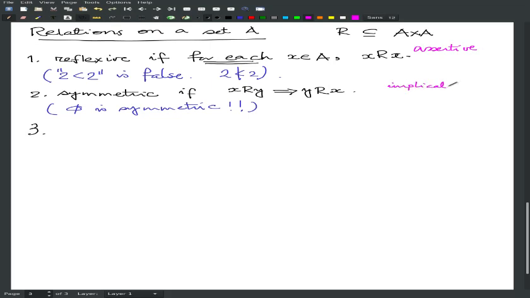Now, implication statements, well, they also assert something, but it has the problem of vacuous implication. So you have to be careful. But assertive statements are very strong. It tells you that something is going to happen. Okay, so that's not quite true for implication statements because of this vacuous implication. Okay, it is said to be antisymmetric